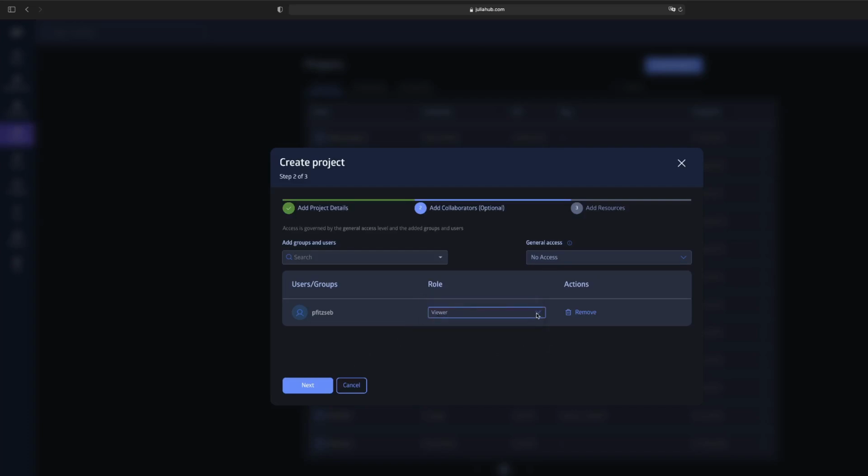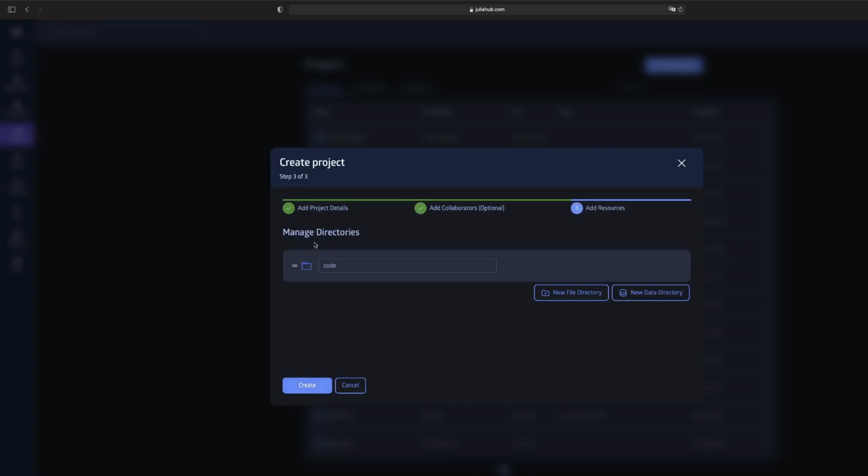This is the function with the most restricted set of privileges. They might just view the project, but they don't have any editing rights. You can also make them the editor, which is less restrictive in the sense that they can edit the project, obviously, but they can't add new files or directories. And if you make this person an owner, they'll have all those rights. So let's just use the viewer function for now